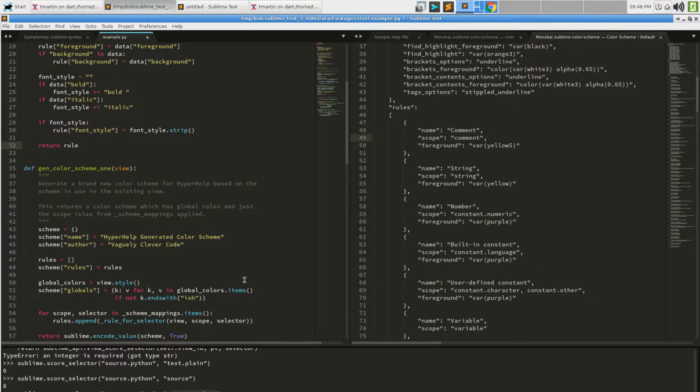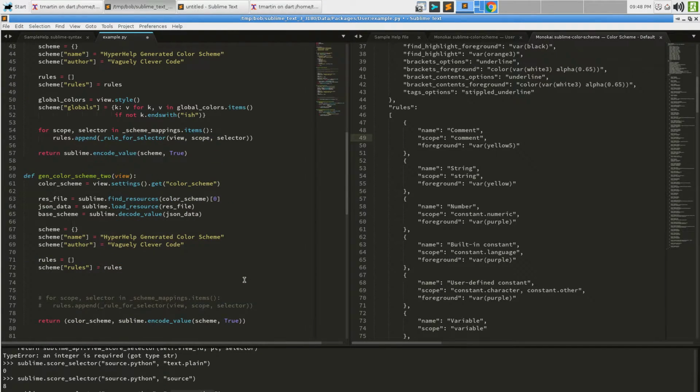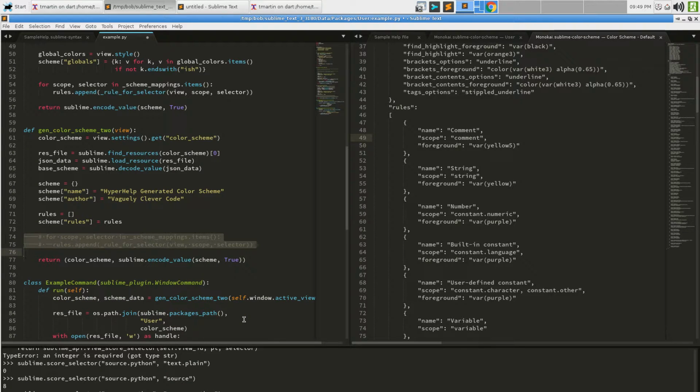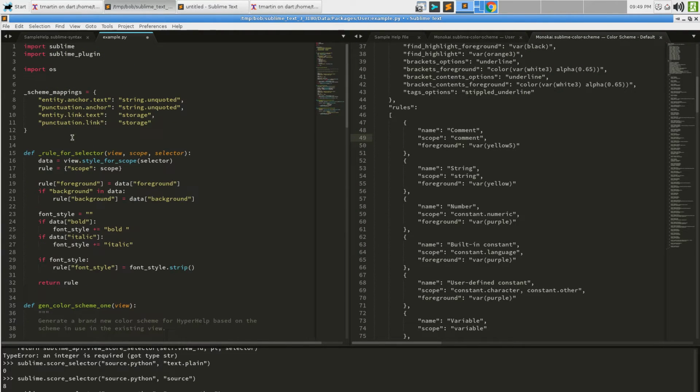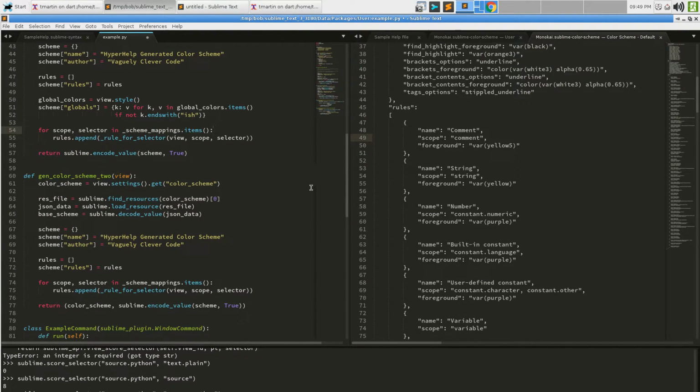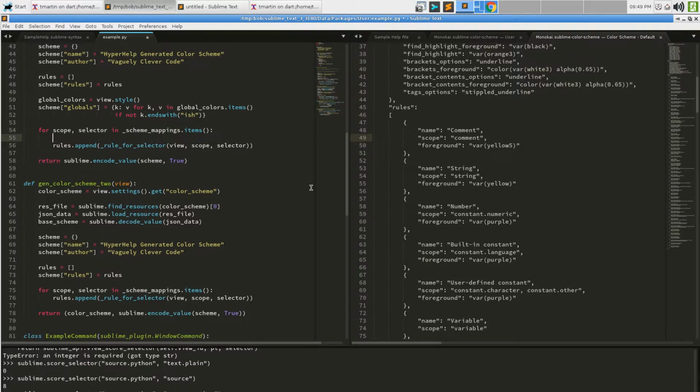And so let's see if we can figure that out. So here we are in color scheme 2. Now again, this is iterating over that with scope there and selector there, right? So for each one through, we would say what?